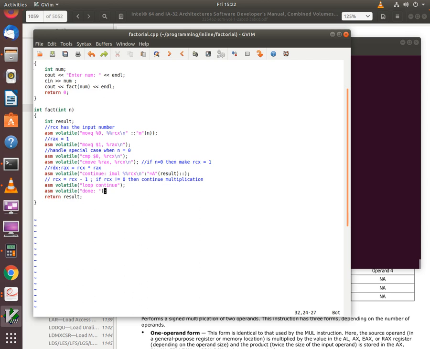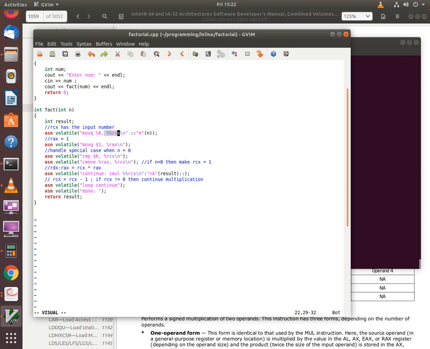So let's take a closer look at the fact function. We start off by declaring a variable called result, and this variable will hold the final result of the function. So the result variable will contain the factorial of the number. The first instruction here is a movq instruction, and it moves the value of the input number n into the RCX register.